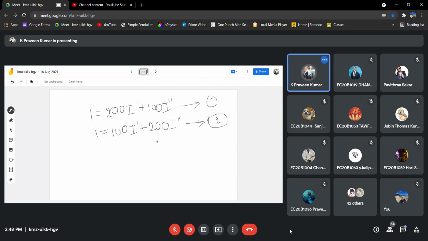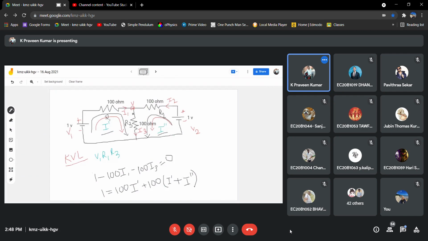Now if I want to calculate the branch currents, if you see here, this I1 current is equal to the loop current I dash, and this I2 is equal to the loop current I double dash, and finally I3 is the algebraic sum I dash plus I double dash.